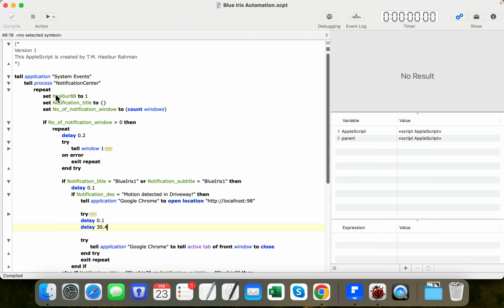So for that purpose, I have created this automation, and it runs all day in the client's computer, monitoring all the notifications. If the notification title or the notification subtitle contains Blue Iris 1 and the notification description is motion detected in the driveway,